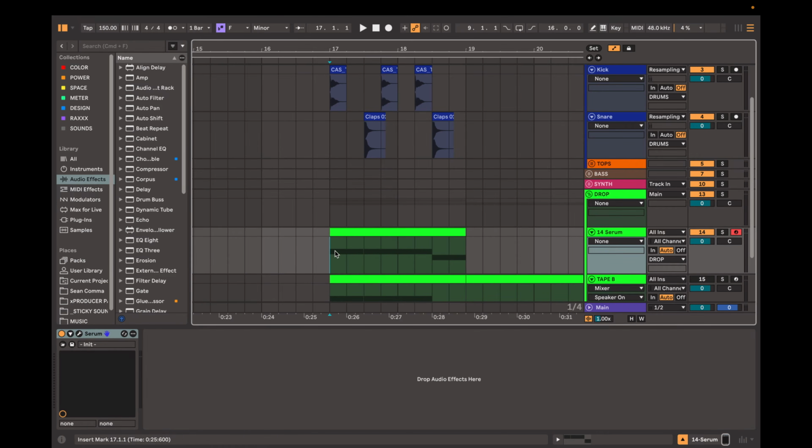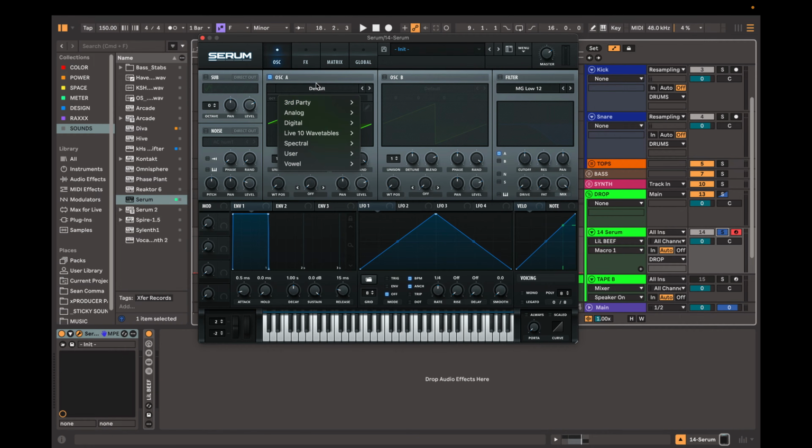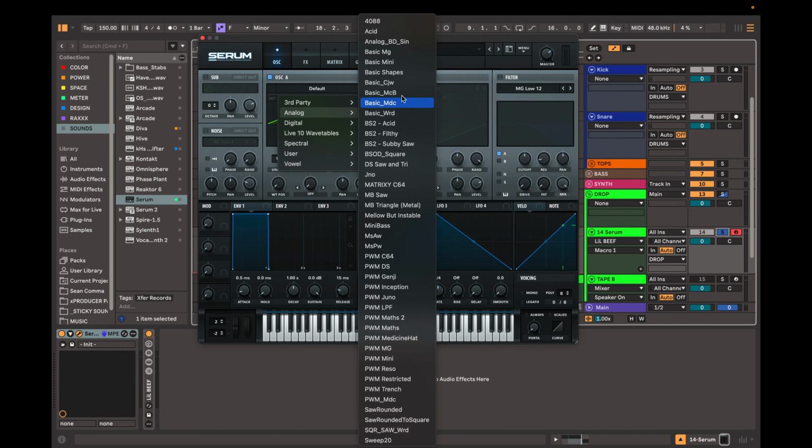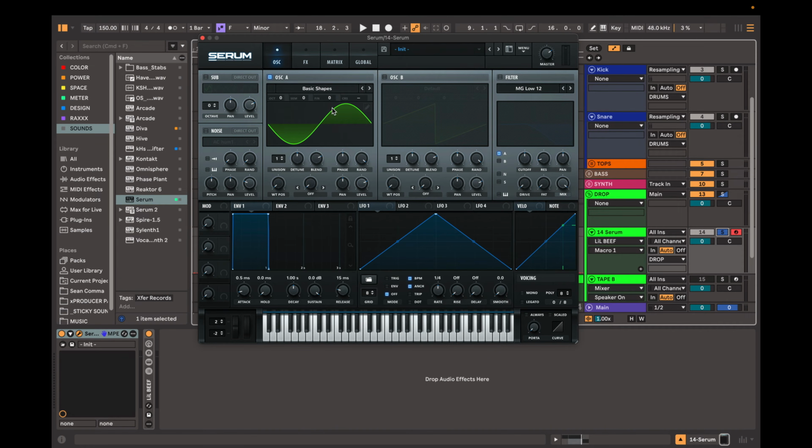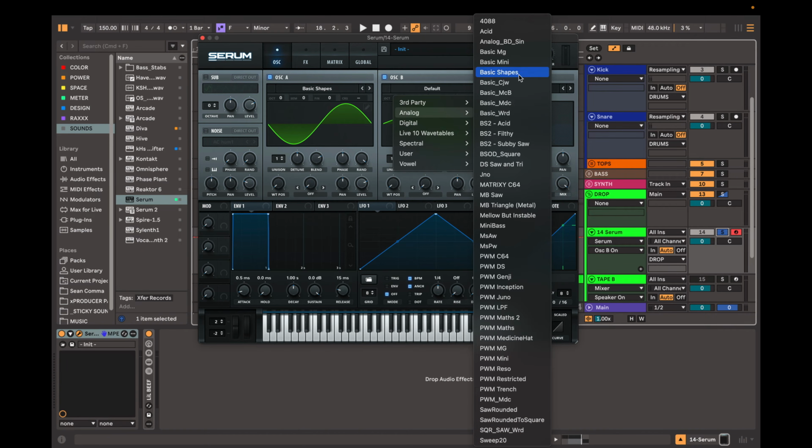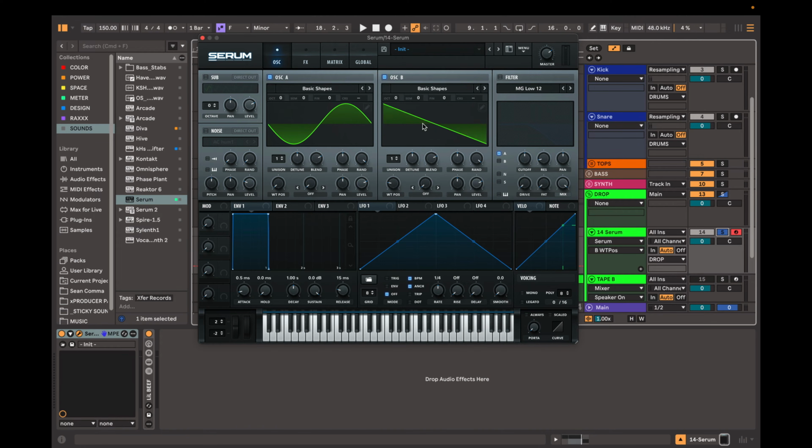Then I'm going to open Serum, and then we're going to go to our wavetable editor for oscillator A, select analog, and then basic shapes. We're going to keep this as a sine wave, and then we're going to hop over to oscillator B, go to analog, select basic shapes again, navigate one over to the saw wave. Then we're going to take the level of oscillator B down to 0 because it's being used as the host